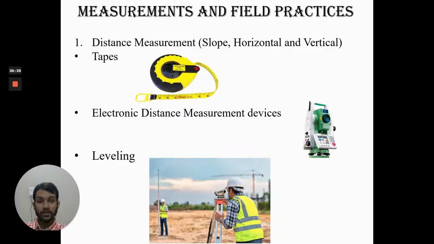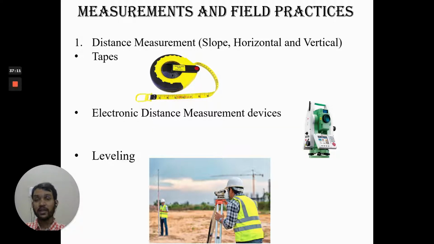At times it is not possible for us to locate the distance using chains or tape. As I told you, a few points may be inaccessible. If those points are inaccessible, then there is no way that you can find the distance using tape, and even the error associated with these devices is much lesser as compared to chains and tape. There were a few other traditional techniques also used for distance measurement, which we will discuss in the upcoming lectures when we talk about distance measuring techniques.